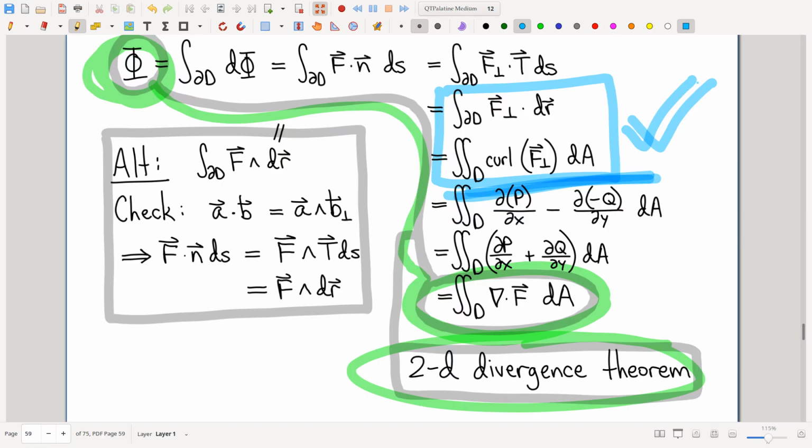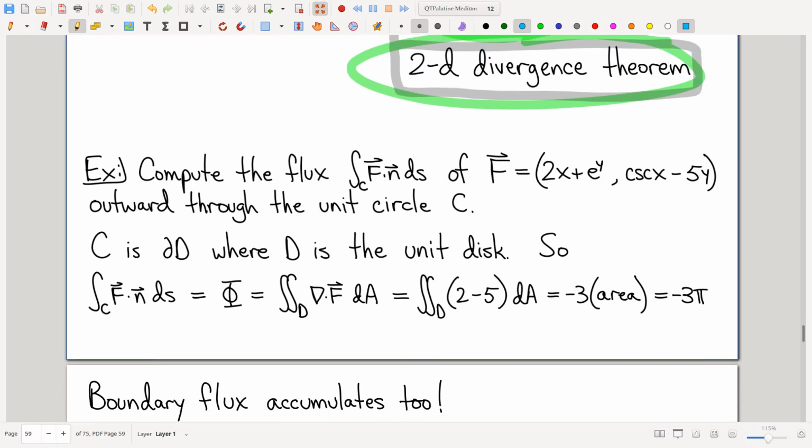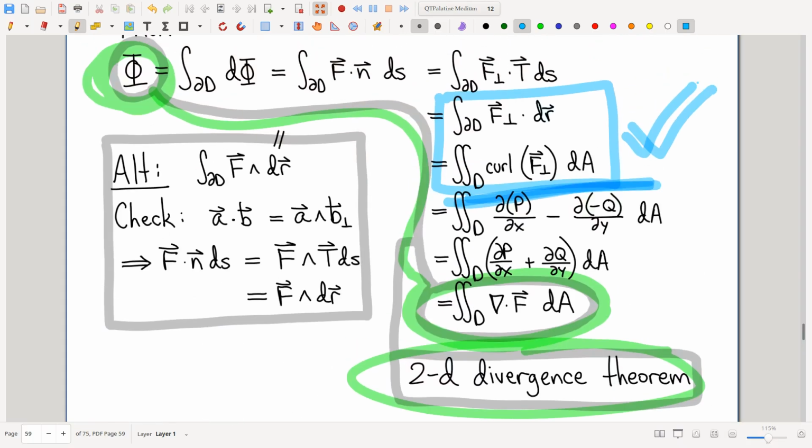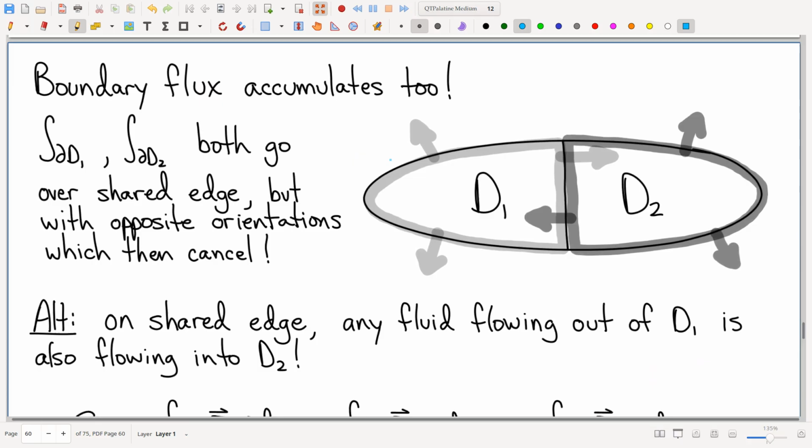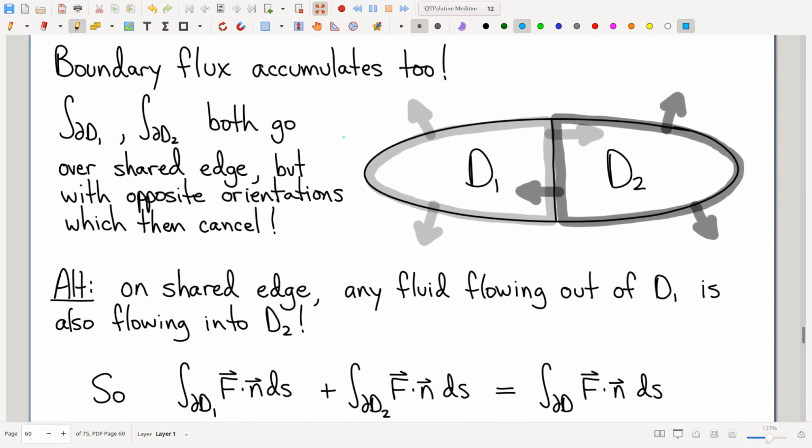All right, so with that said, now we did an example, or I guess I referred to the example last time. This is just plugging in, just a direct computation. I want to now give you a different point of view on the 2D divergence theorem, not viewing it as a tweak of Green's theorem. Forget about Green's theorem. We're going to start all the way back at first principles, and I'm going to make the case that we can